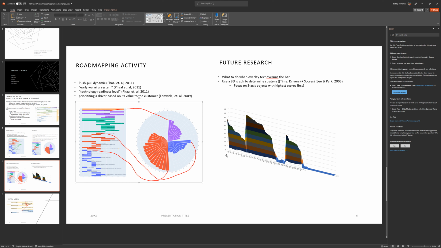Here's an example where we have one dimension at the bottom, another dimension of scores, and then our kind of Z kind of depth axis is time in this case. And can we find some patterns in this kind of topographical terrain here? It's kind of interesting to research. So